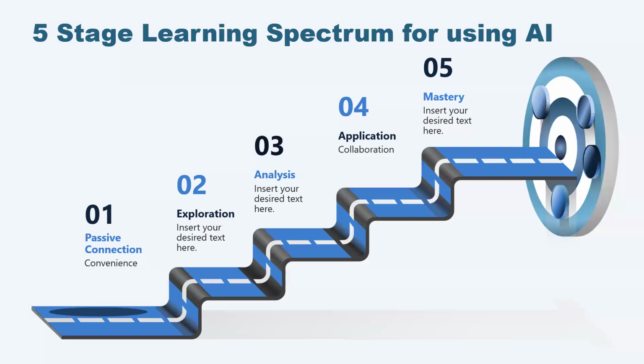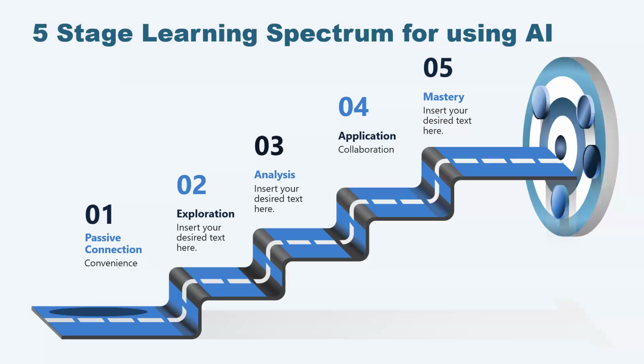So in that case, we need to have a passive connection. We need to understand. We should accept the change. Then we start exploring with the desired content what we are looking for. Then we need to apply the search keyword. What content are you searching for, and what is the specific ethics behind searching for it, and then